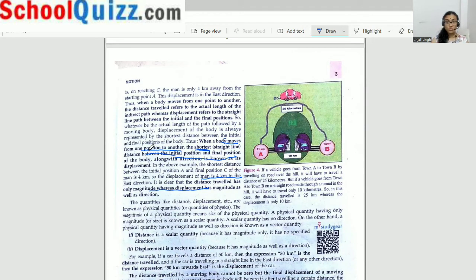Definitely, it has to know the direction. In the first case, the child doesn't know the direction. He only knows that from the temple he has to reach his friend's house. But here he knows the direction. So the shortest distance traveled by an object will be the displacement, and the actual path, or the actual length covered by an object, will be the distance. Okay. So students,